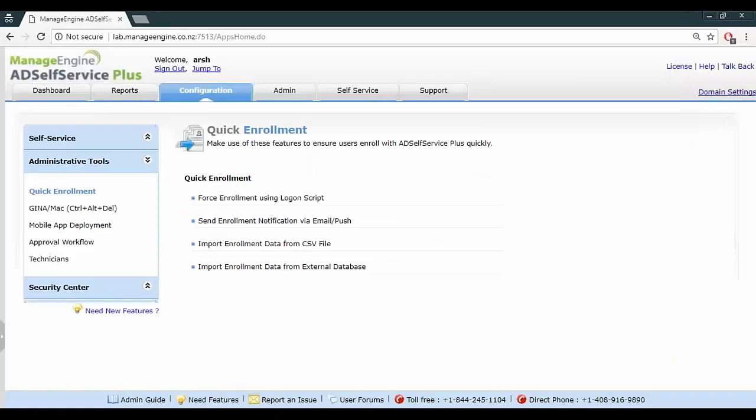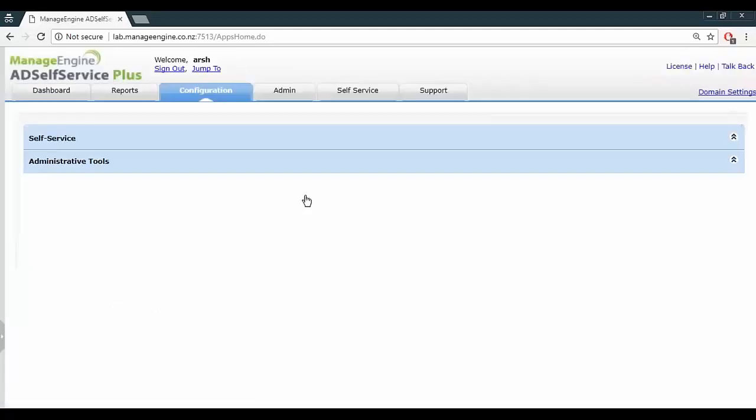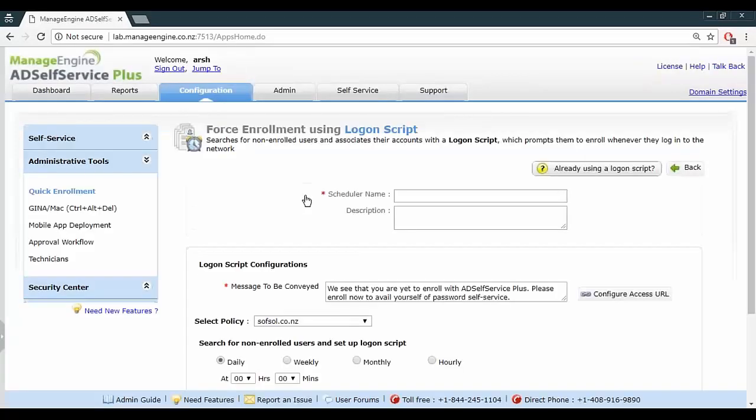Oh, mistake there, so go back here. So force enrollment. Over here, an admin can configure force enrollment to users in the domain or users who are part of the password policy. Configuring this force enrollment allows ADSelf-Service Plus to search for non-enrolled users and associate their accounts with a logon script, which prompts them to enroll whenever they log into their domain account